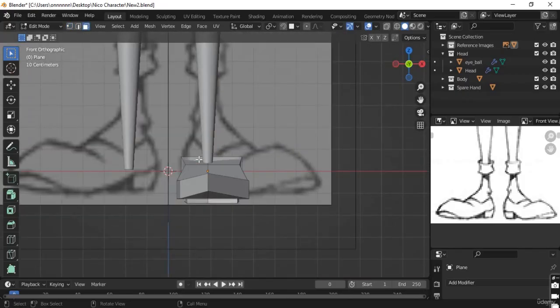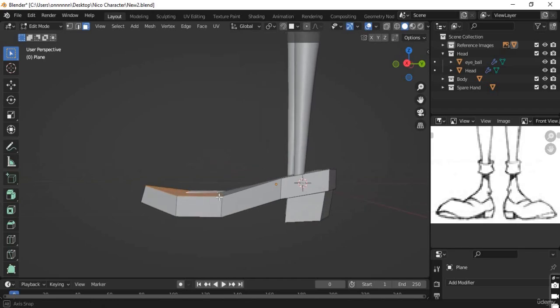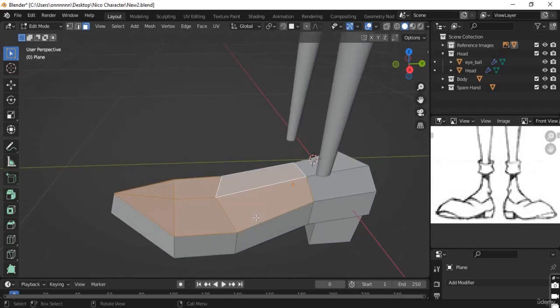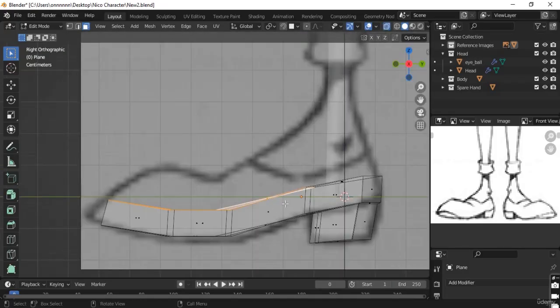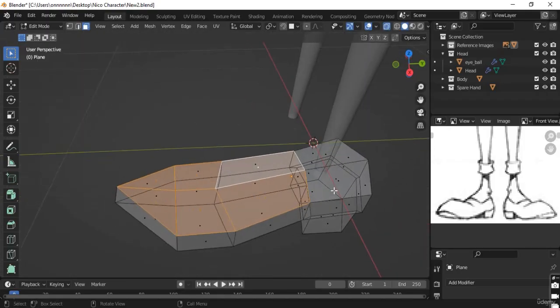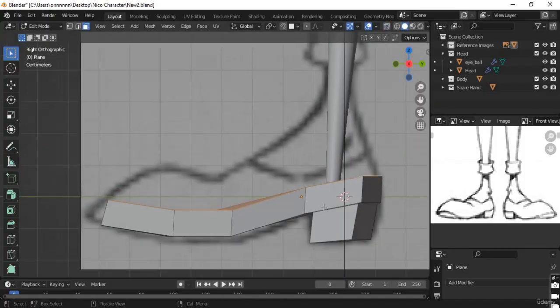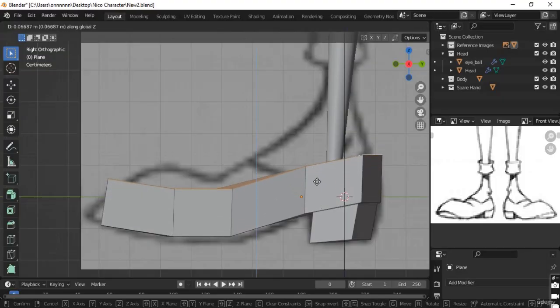Let's go from the front. Okay, I'm going to select these faces. Side view, let's include this area as well. Let's select all of this, all these faces. Let's bring it up a bit more. Let's bring it up like this,